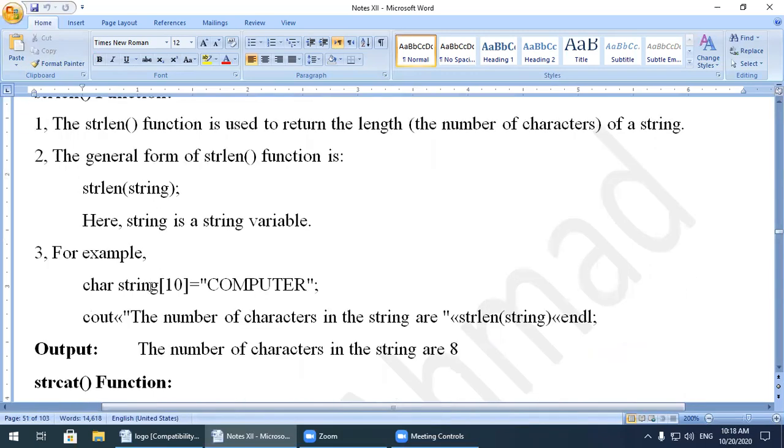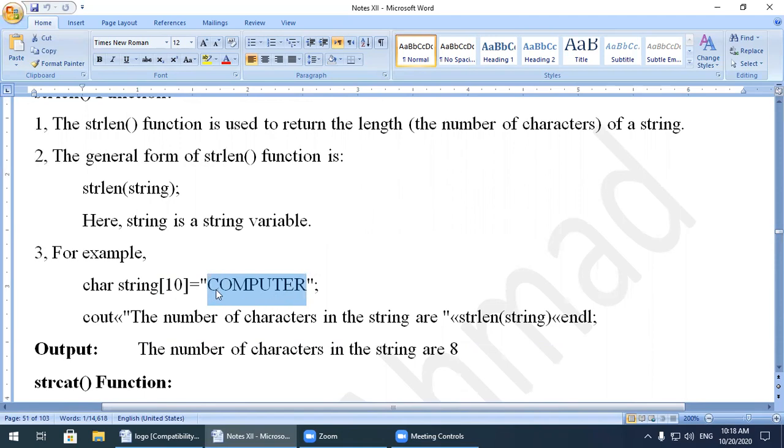For example, char string[10]. This 10 means we are reserving 10 memory locations in the computer memory, and inside these we can store 9 different characters. The 10th character should be \0, which represents the termination of the string. This word computer has 8 characters.